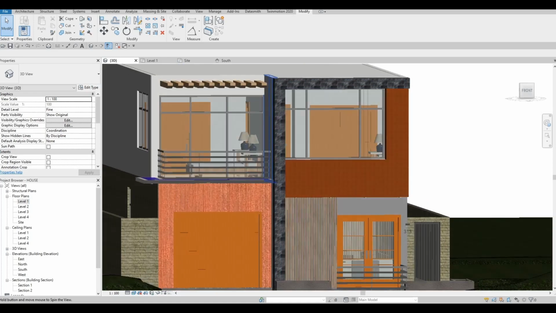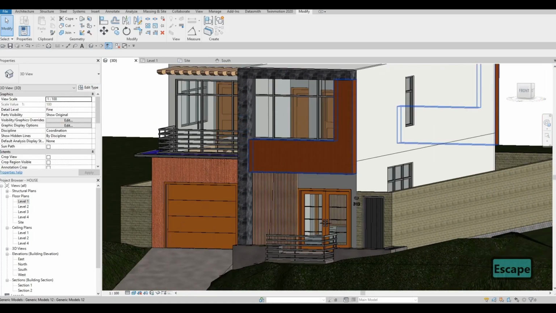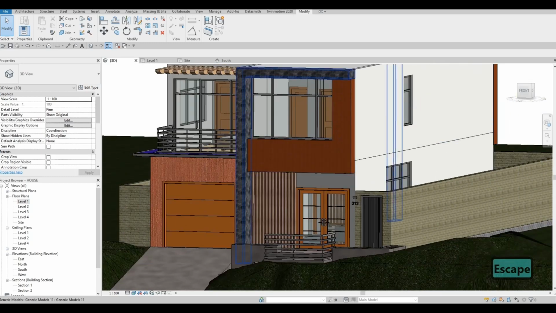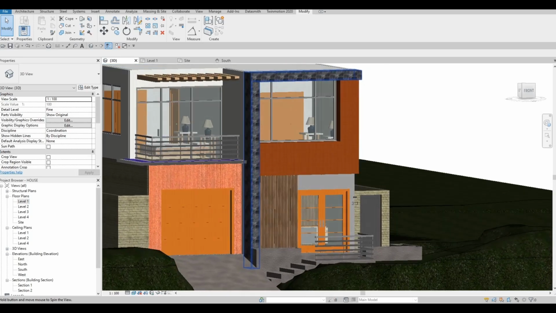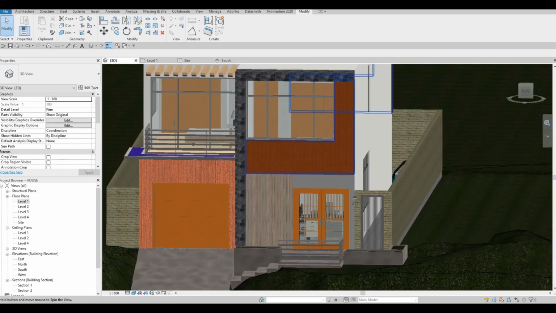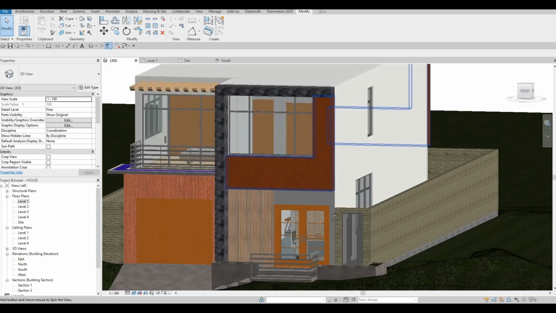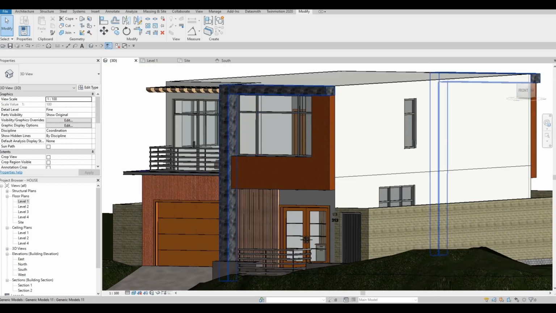So it's up to you to do. And then what I want also is to add some decorative on this one. I'm thinking of adding a light right here onto this side, and then even right here as well, but I think that's overkill, so I'm just going to add it right